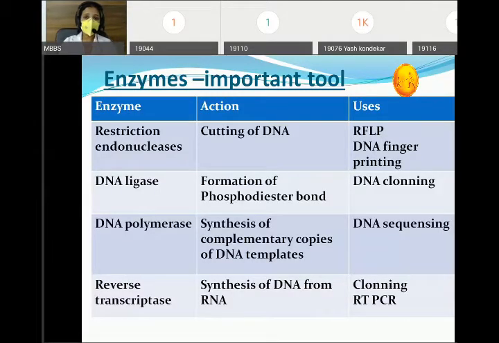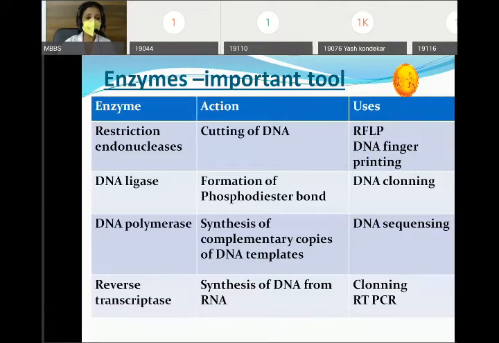So which are the important enzymes? Just remember the names of these enzymes, because they will recurrently appear in the tools. So you should be able to recollect the names of these enzymes as well as their action. Number one is restriction endonucleases. This is the enzyme which is required for the cutting of DNA. Okay? So it cuts the DNA, whatever is our DNA, into various fragments. And it is importantly used in the RFLP technique and DNA fingerprinting. What are these techniques? I will tell you later on.